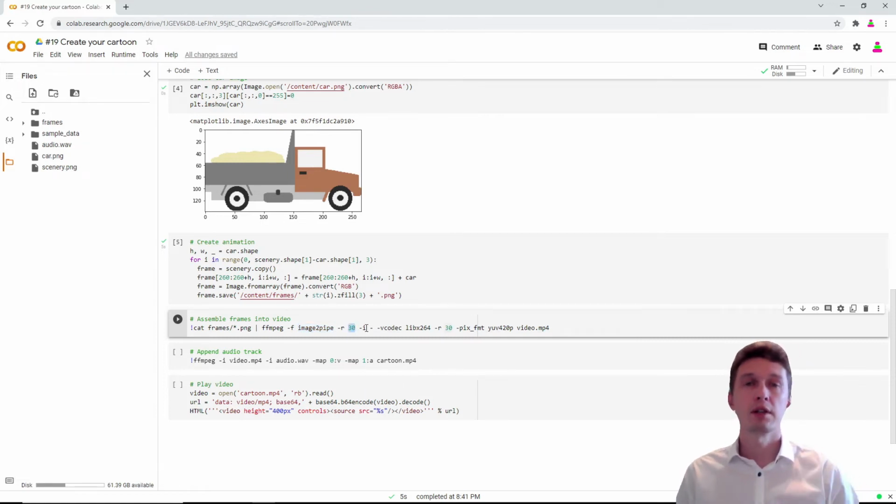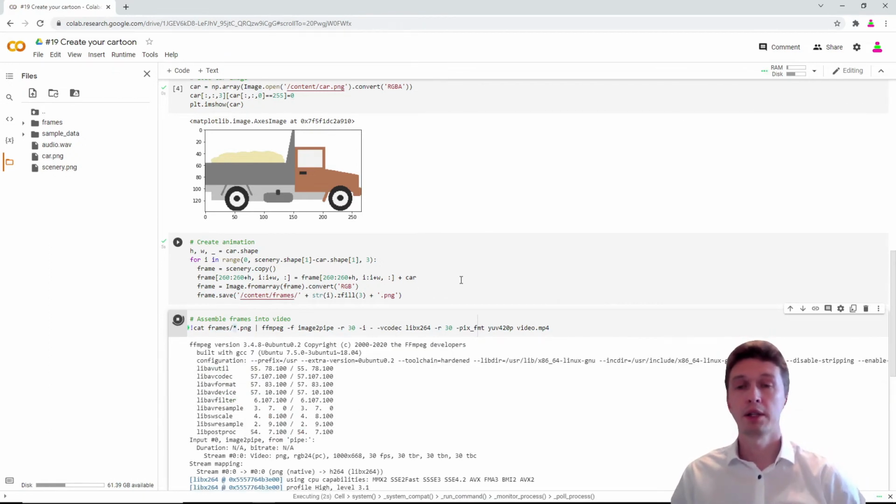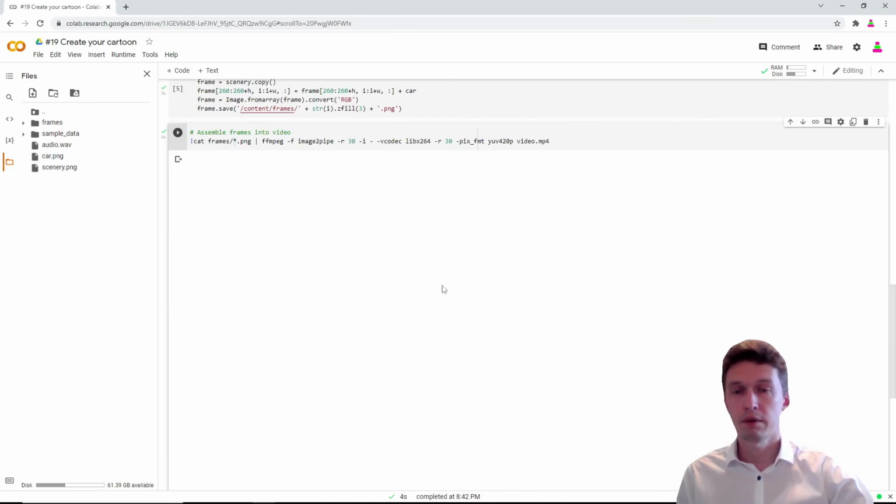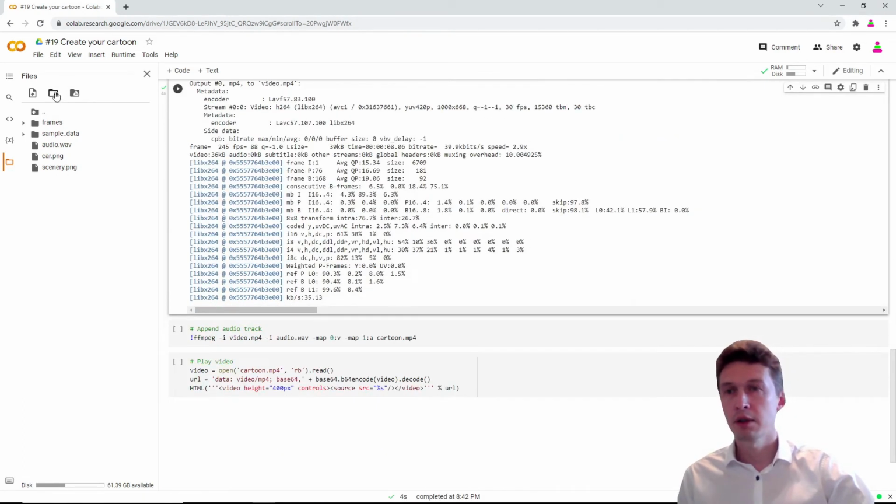And 30 is the frames per second rate, use this video codec and this pixel format, and put this all into a file named video.mp4. And the cat command means where to take the original images from. This is the frames folder, PNG files, and asterisk means any symbols. Let's run. It will create video from our frames.